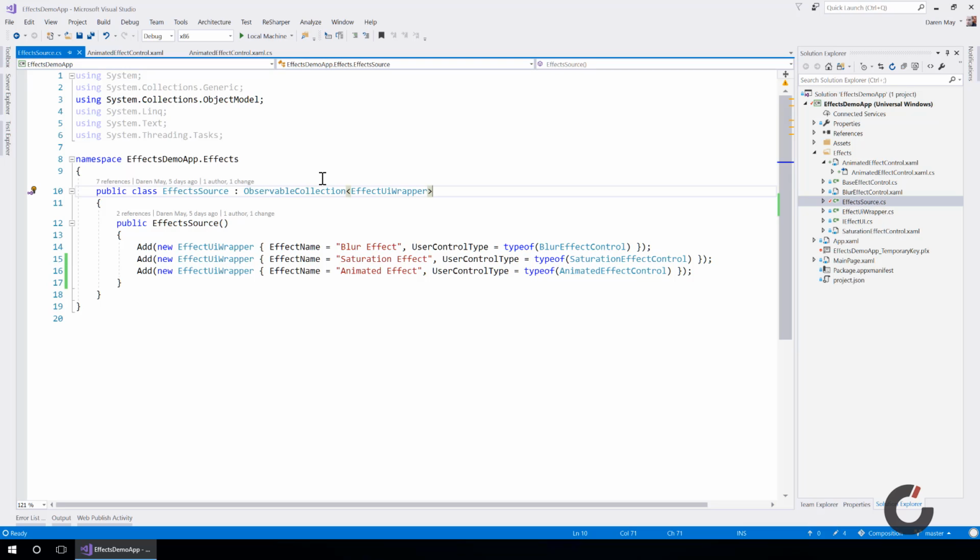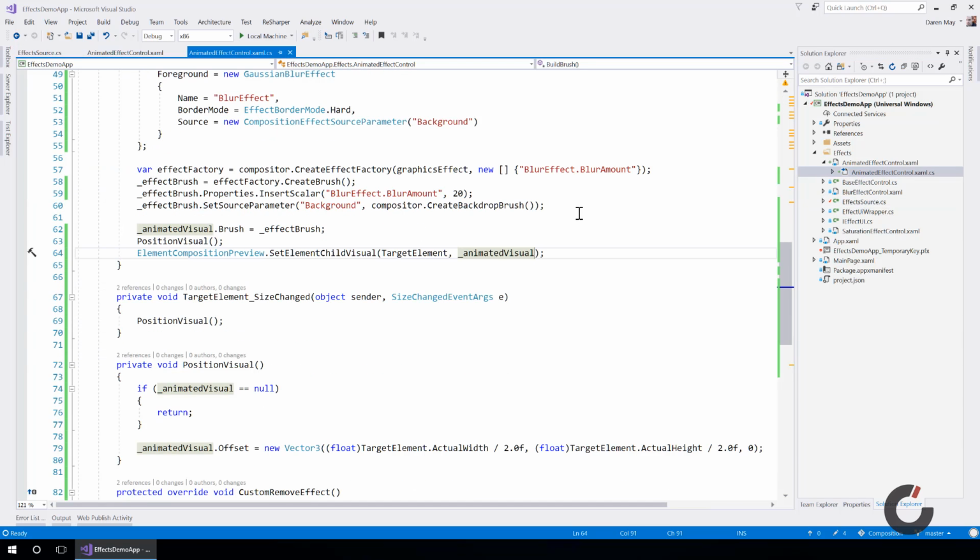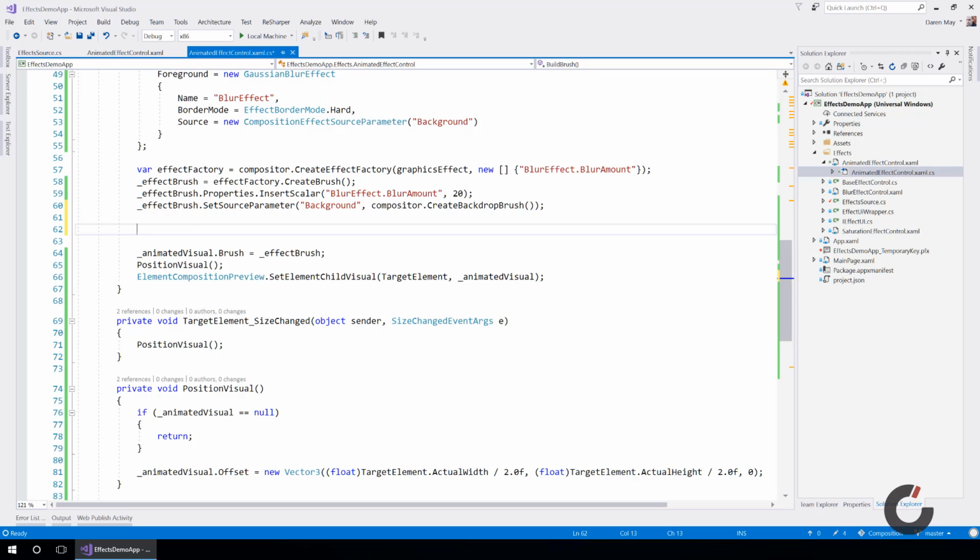Now let's look at starting to add some animation into here. First of all, let's animate the visual, and let's do something like rotate the rectangle. Here is where we set up our visual and our brush. Let's add some animations beneath here. Let's start off by creating a rotation animation. Let's call it rotate